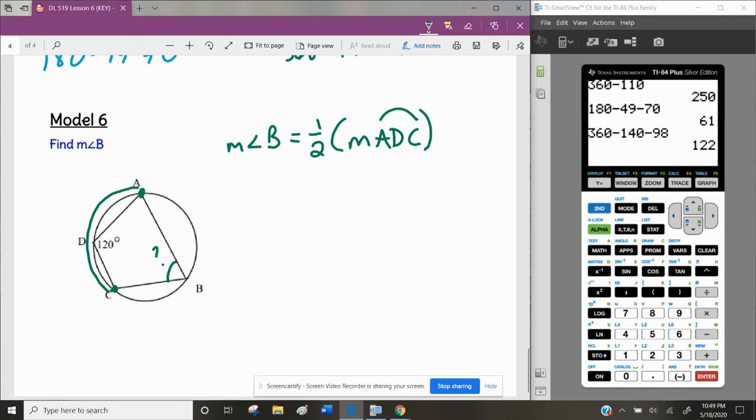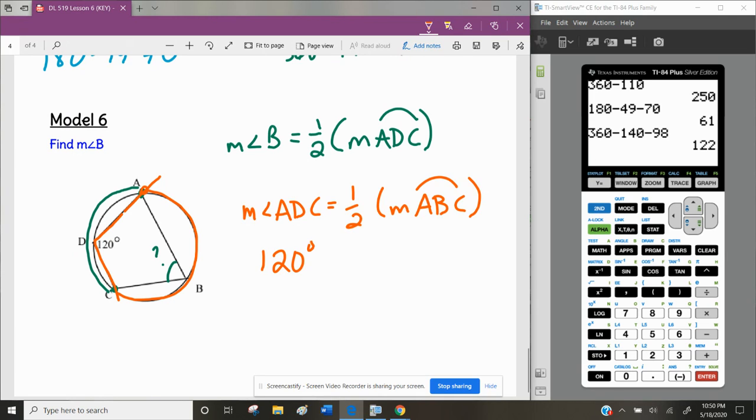So angle B will be 1/2 the measure of arc ADC, right? The intercepted arc. Okay, so how do I figure that out? All they gave me was this inscribed angle, which has an intercepted arc. That would be double of the 120. So the measure of angle ADC would be 1/2 of the intercepted arc ABC. And our intercepted arc will be double the angle, because in order to get that amount, 1/2 of this amount must be double. So we get 240 degrees equals the measure of arc ABC,